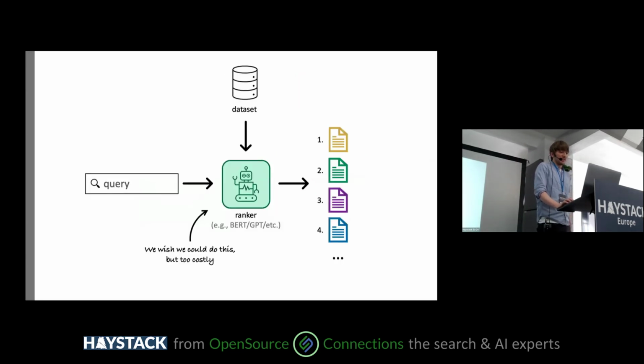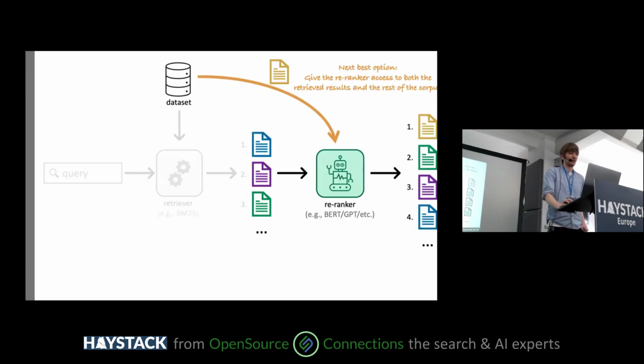Now, what I would argue is what we really wish we could do is run the re-ranker just as a ranker over the entire corpus, right? We have millions of documents. We really trust, maybe, GPT-4o mini's assessment of search result quality. We really would like to score every single document, and then we would for sure get that gold document at the top, no matter what, assuming it's the best document and your ranker is able to identify that. Of course, this is just way too costly.